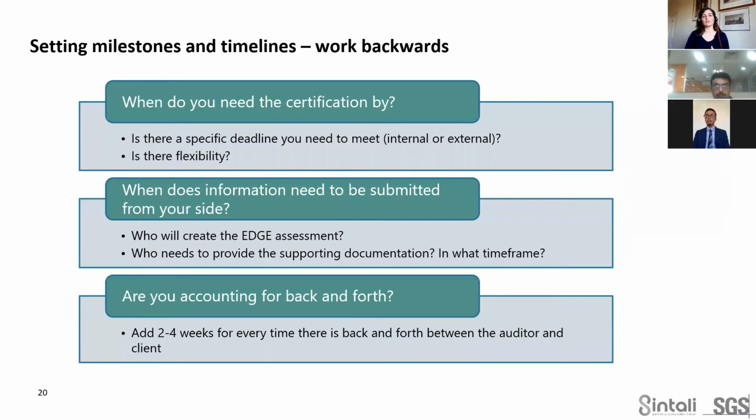Now, in terms of milestones and deadlines, we would say always work backwards. What is your end target, and when do you need a certification by? Whether that's, again, using a certificate to access financing or using your certificates to go into your sustainability reports, really understanding that final deadline, whether it's internal or external, whether it's flexible or not, and then working backwards to figure out by when information needs to be submitted, what the typical review times are, and again, really who needs to